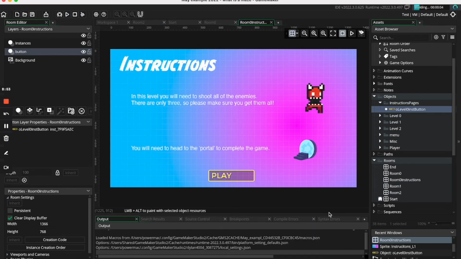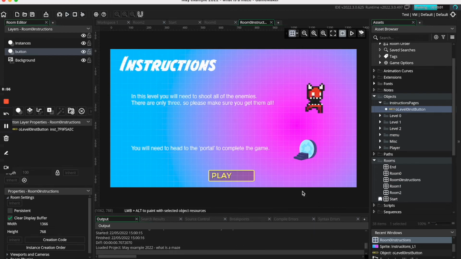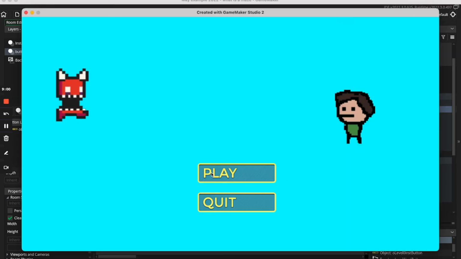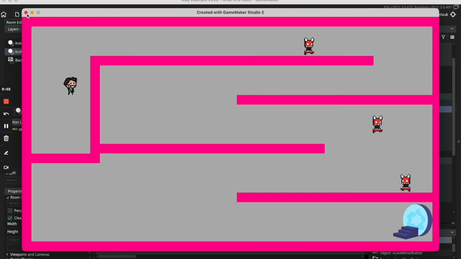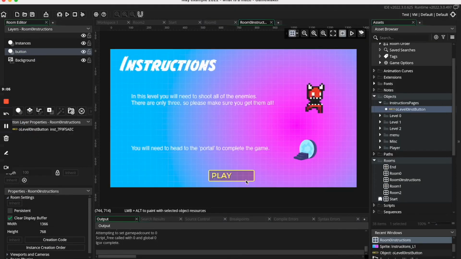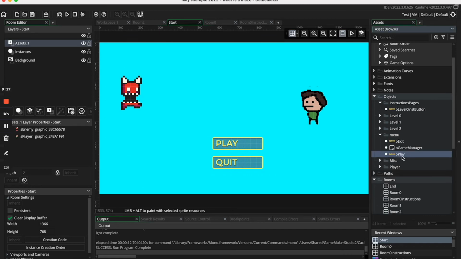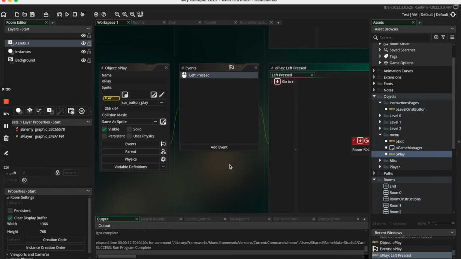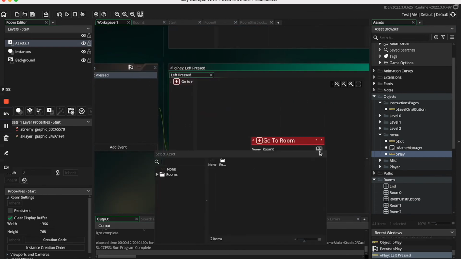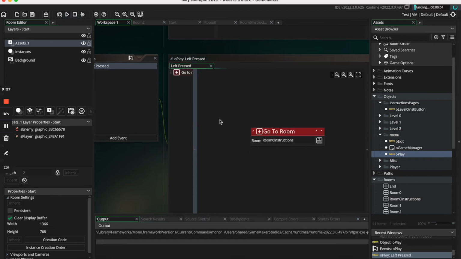So if I press play, so if we click on play now, you can see it doesn't go. Why? Well, you need to now change this button, which is on the start page. So this button now needs to go to our instructions page first. So in my menu, you can see I've got O play. So left pressed, and all we do, we modify the room. We basically tell it to go to the instructions. And now